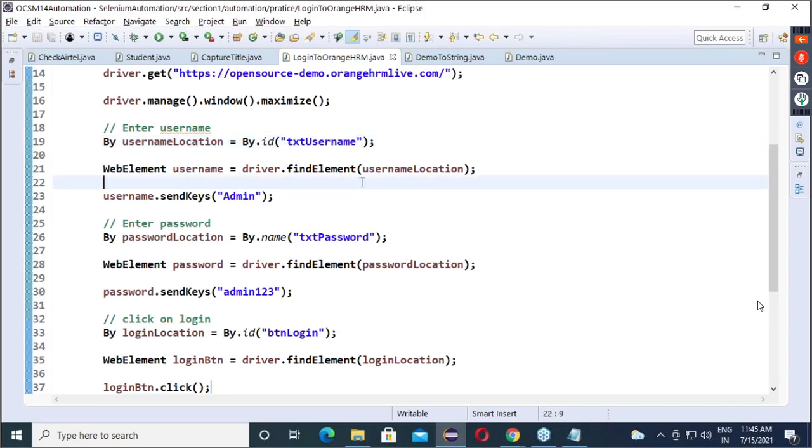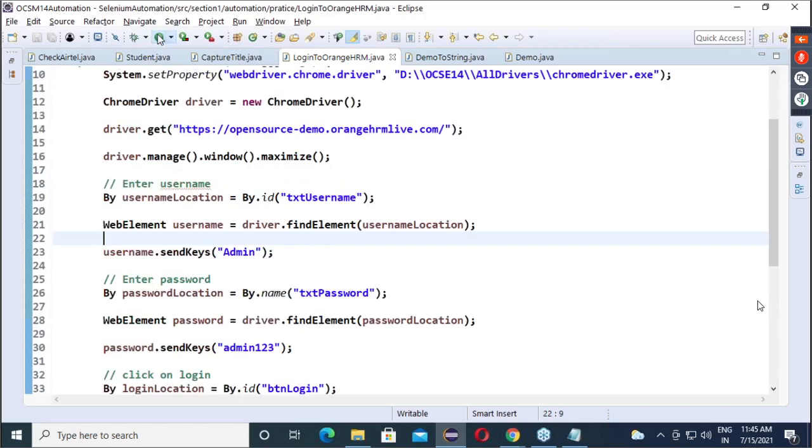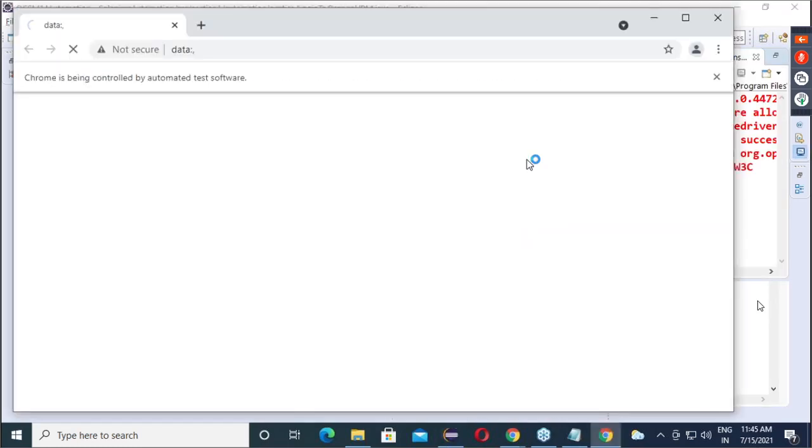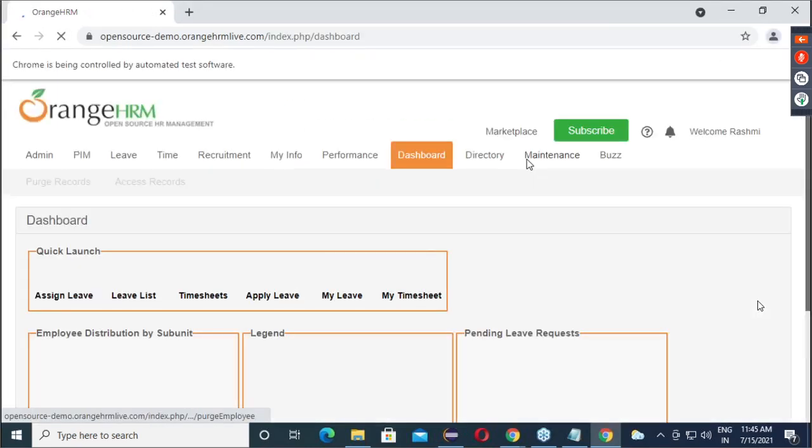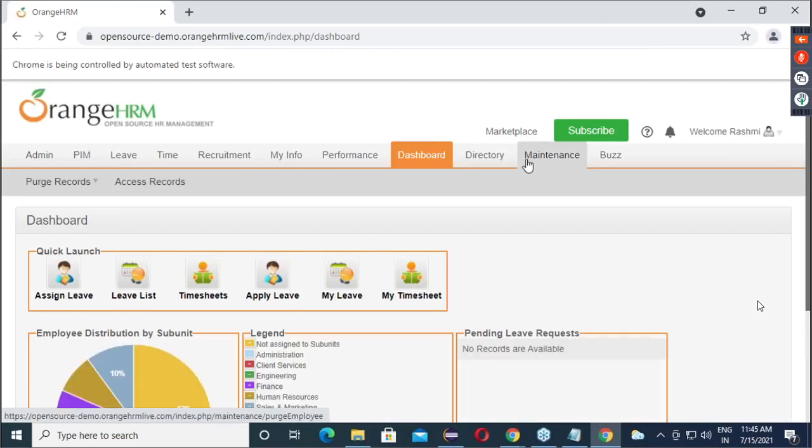So let's cross check whether it is working or not. See, launch, enter, click on login and do login successfully. Any confusion guys? Sure?